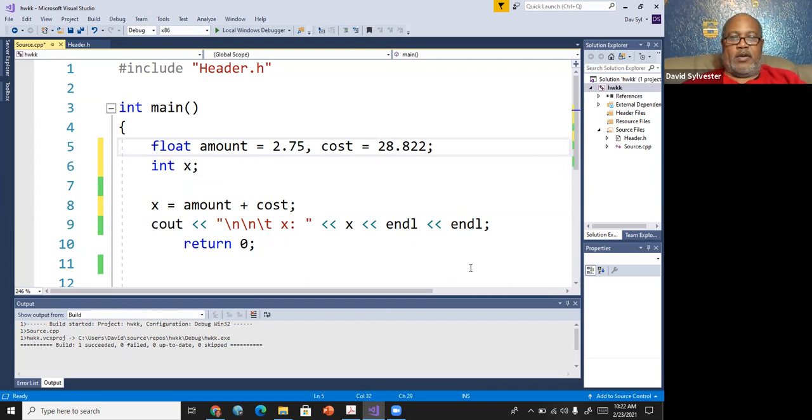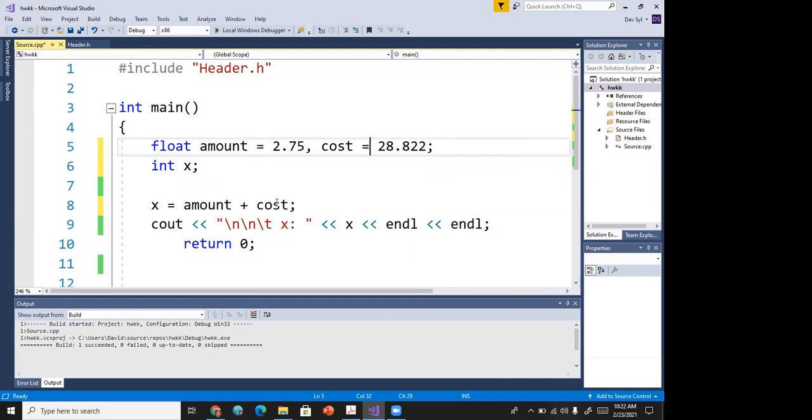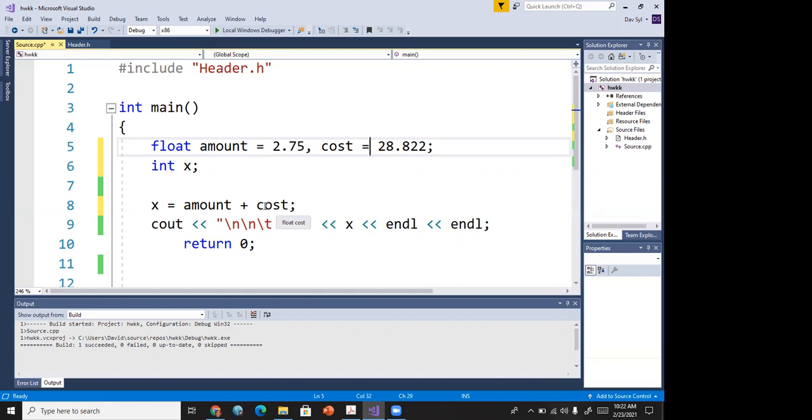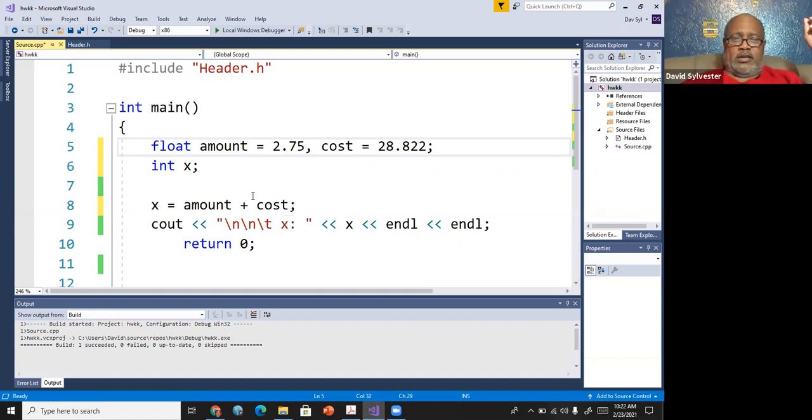So what would happen? It's going to add the 2, okay? It's going to do the addition, and whatever that value is, it's only going to take what? The whole number of it. Correct. So this won't be 20. This won't be 30. I think it's gonna take it and increase it to 30. What? Like 31 point something. So it'll be 31. Right? It's just going to take the value of the whole number. All right. Let's see. Let me run it.